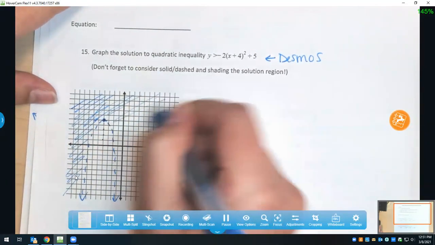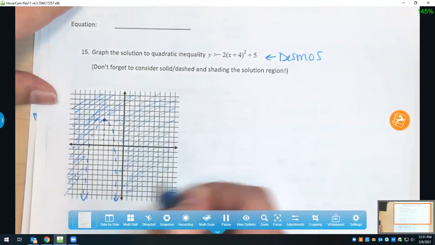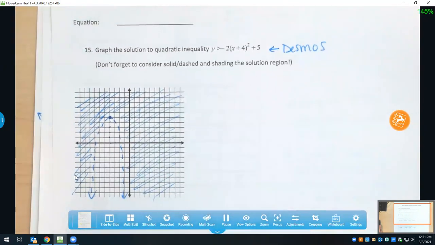So yeah, we could do it by hand and we could solve and test points and stuff, but why? For the last 20 minutes of class, I want you guys to spend just trying to answer the ones that we didn't do. I'm going to finish it real quick and post the key in Schoology. And then from there, just make sure you have your review with you next class and ask questions today if you are finding yourself